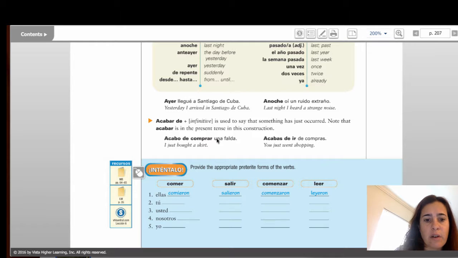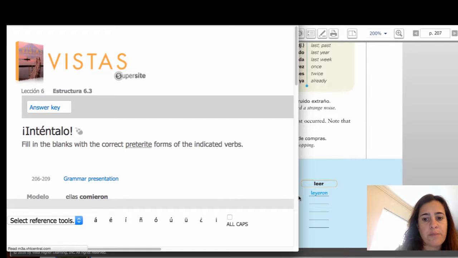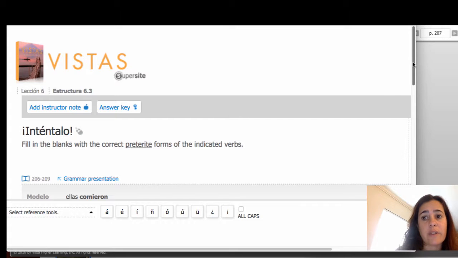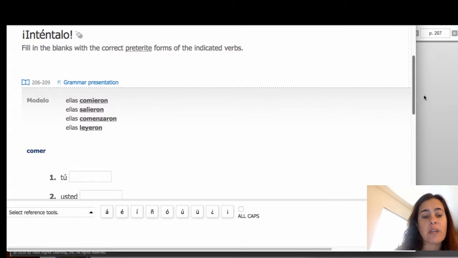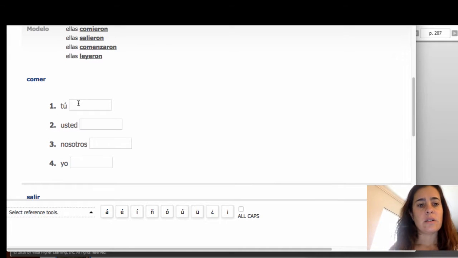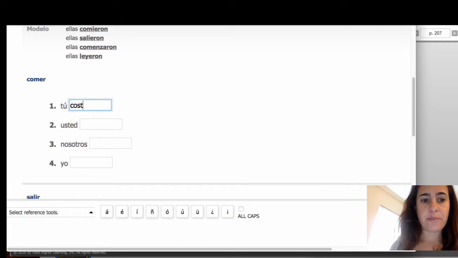In Inténtalo, we can do that one. You said you had trouble with Inténtalo. So we can do this conjugation. To do this conjugation, hopefully you have studied the forms already, and that would make it easier. So with tú, you would say tú comiste,